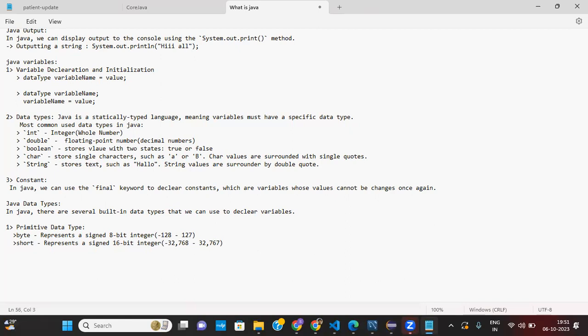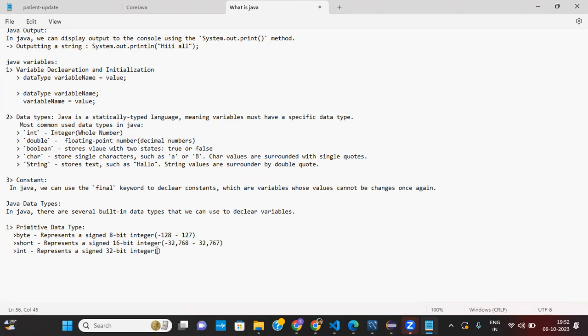Now after short, we have integer, or int. It represents our 32-bit integer, and it stores up to 10 digits.